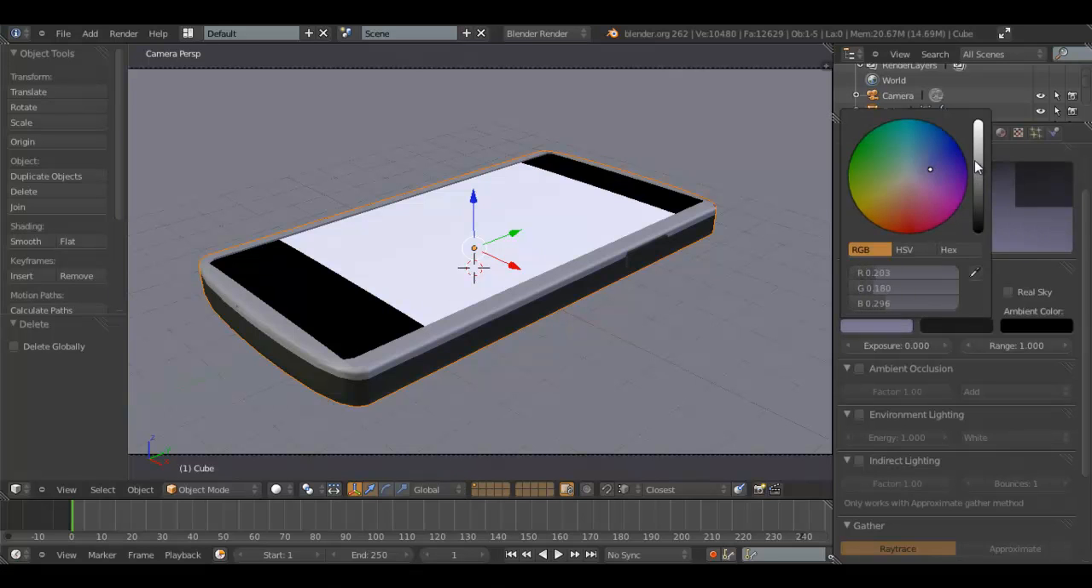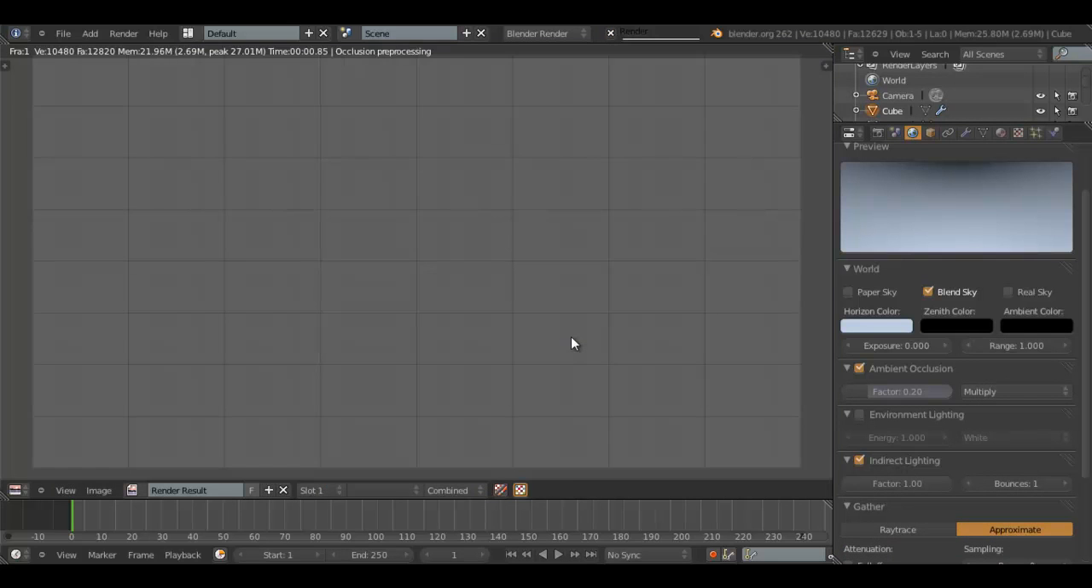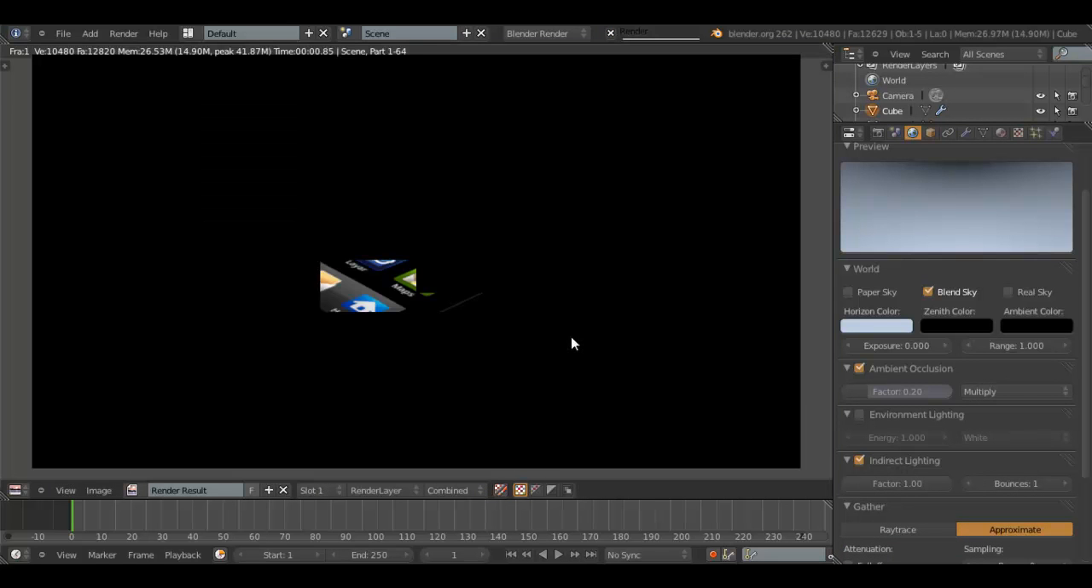So I'm going to change this sky color to sort of a blue down here, but a really dark black right there. I think that kind of looks cool. Set ambient occlusion factor to 0.2, multiply, indirect lighting, approximate. We are not going to use environment lighting because we don't want any light to be in this scene. Now when we hit render,